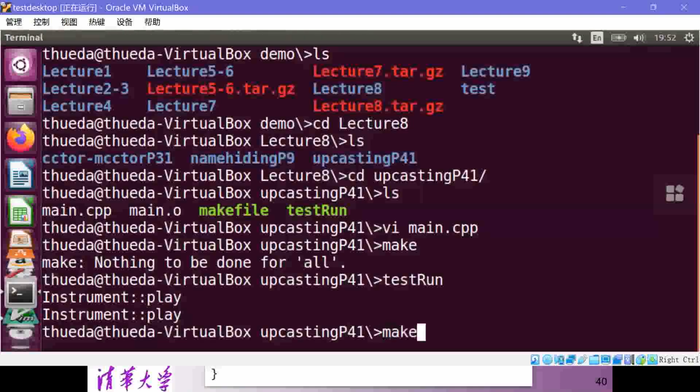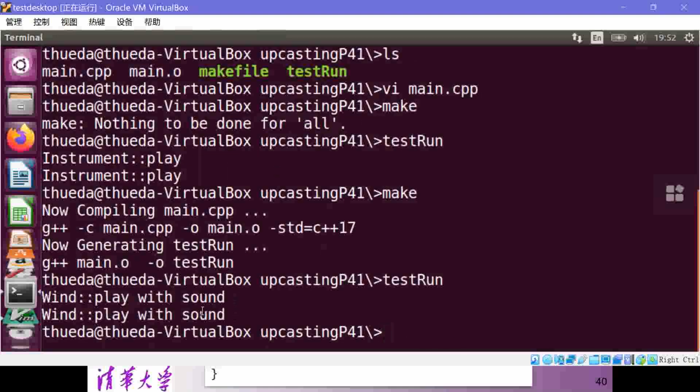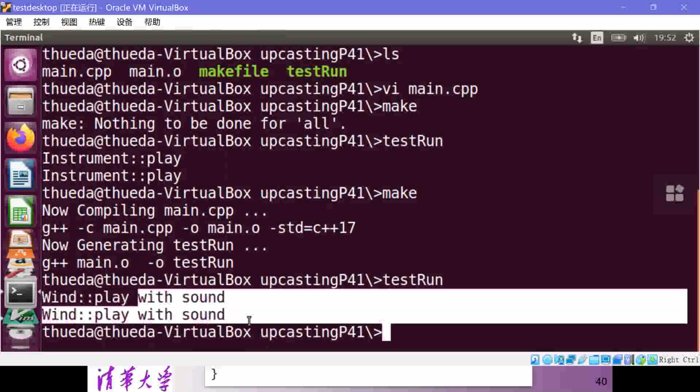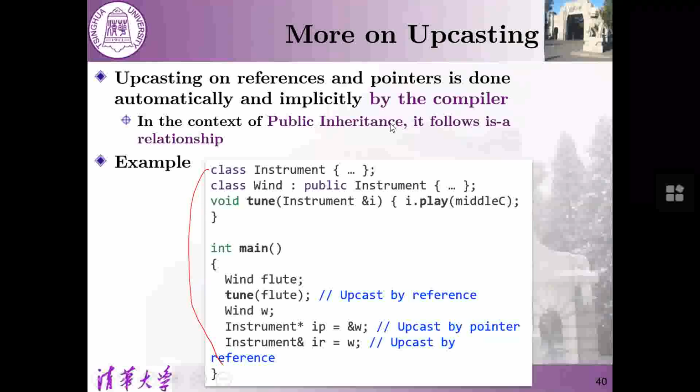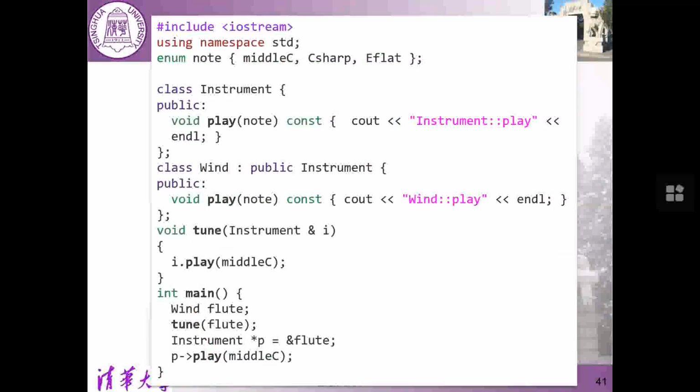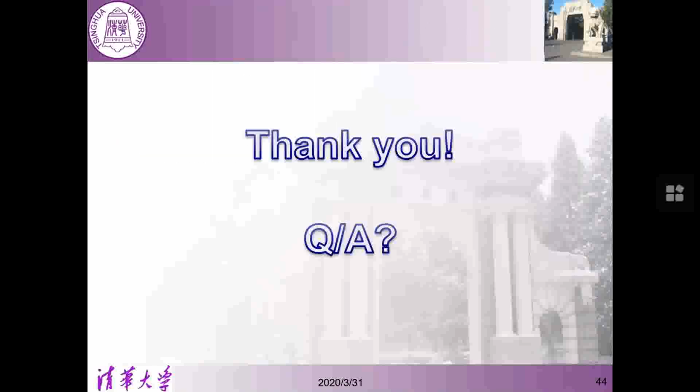This enables polymorphism. With the virtual keyword here, the output is different now. This is wind play with sound. So this virtual keyword is the key to enable polymorphism. We will learn this today. So how to solve this? We know that we have to use the virtual keyword to enable this polymorphism. Okay, then this is lecture 8. Now